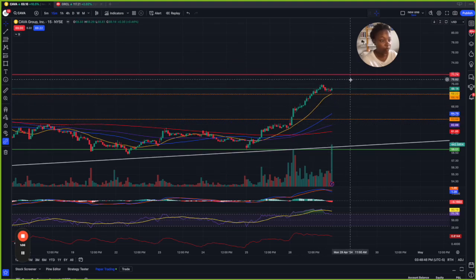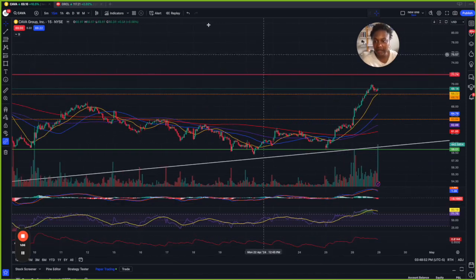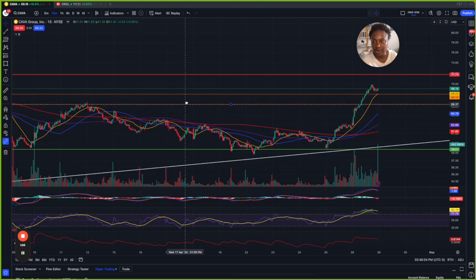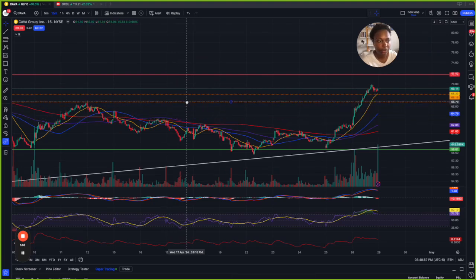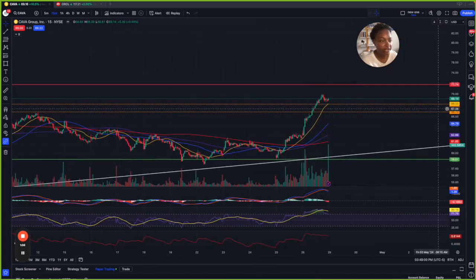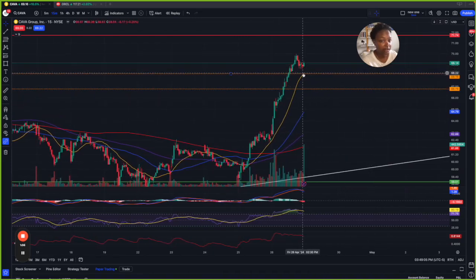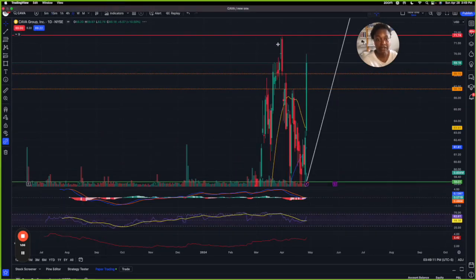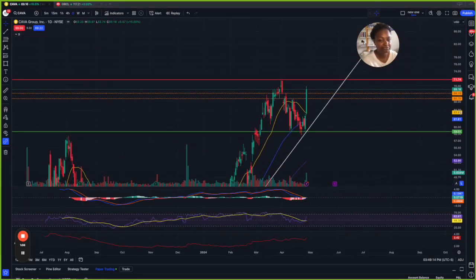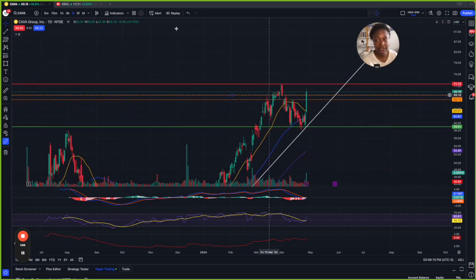So again, if this was to lose 68, we'll say whole number, I would be interested in a move down, and this would even be a really great day trade if it lost the 68.16 to play it down into the 66.80. I really like that. Let's go back to the daily. It's just kind of holding it. So I'm just going to go ahead and mark off the range, because that's a really tight range.